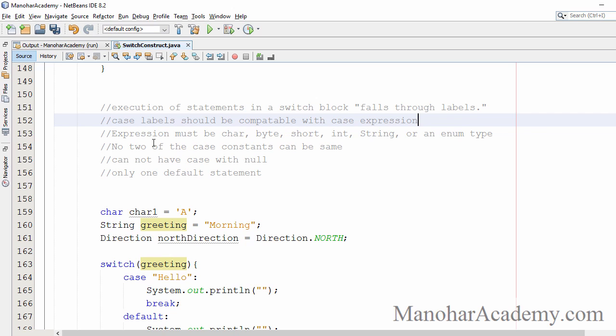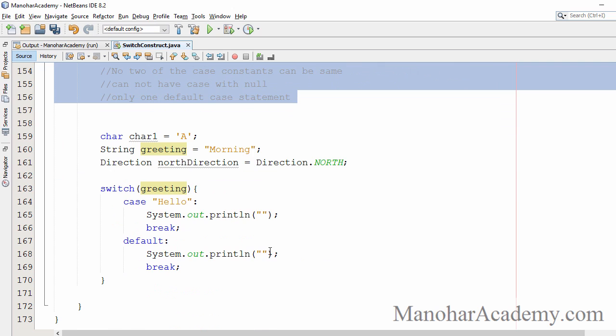Third, we can use an expression of type char, byte, short, int, string and enum. I haven't explained enum yet, I will do that after this recap. Fourth, no two case labels can be same. Fifth, we cannot have duplicate default statements. Sixth, we cannot have null.